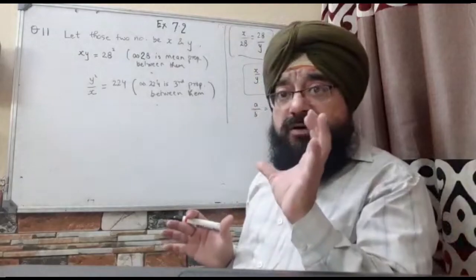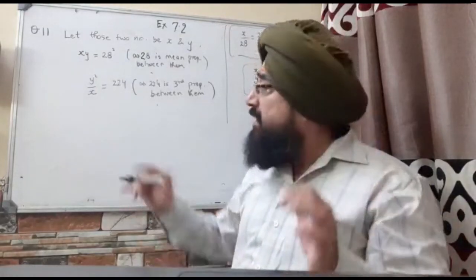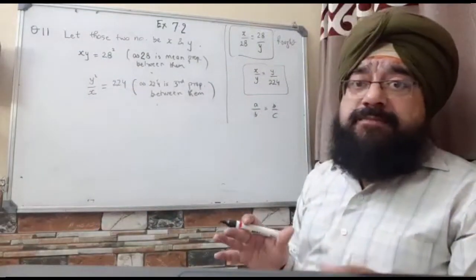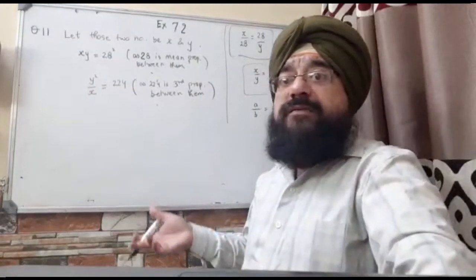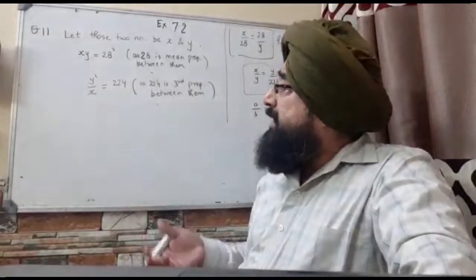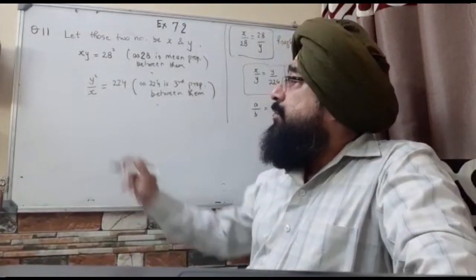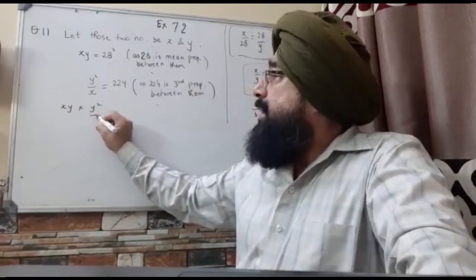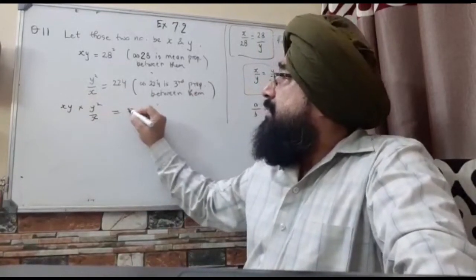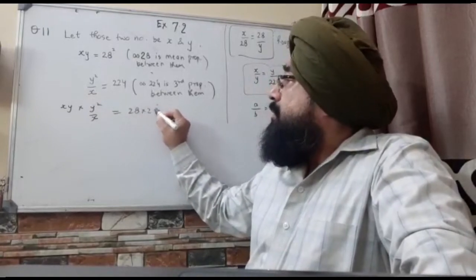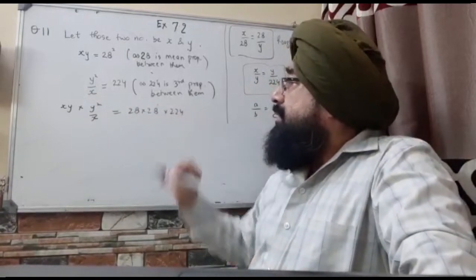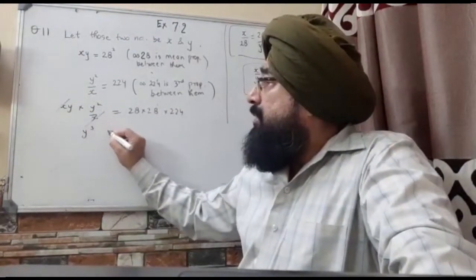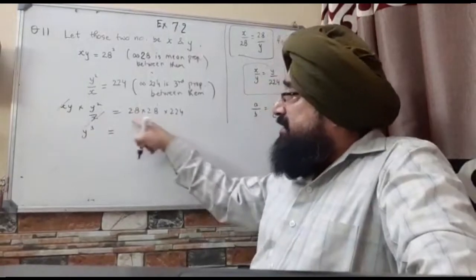See what the idea is behind that. There are two equations and two variables, solve them either way to get x and y. So you can be intelligent enough to solve it, isn't it? You could simply multiply this xy with y square upon x, because I could see x and x getting cancelled, isn't it? x and x get cancelled, and so I've got y cube is equal to